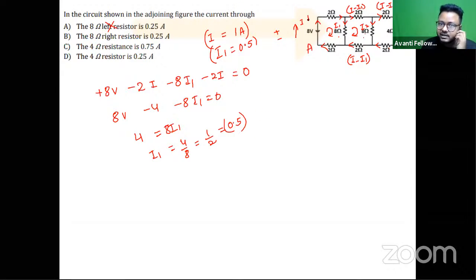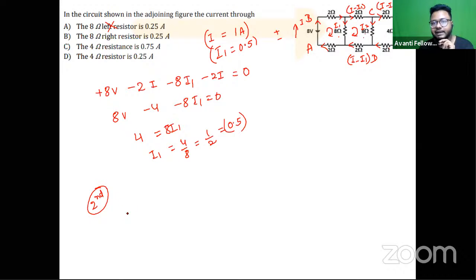If you're writing A, B, C, D, you can write A, B, C, D in the outer loop also, right? You can apply it in the outer loop also. But I'll prefer you to use the second loop because that will be easier. So if you try to apply it in the second loop,